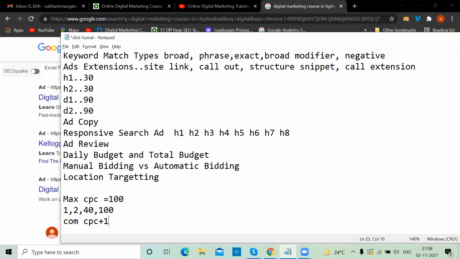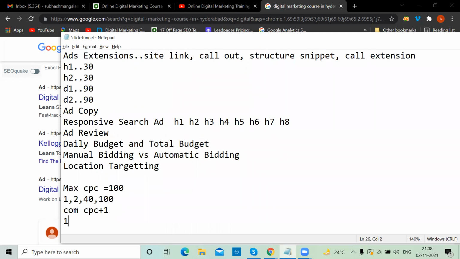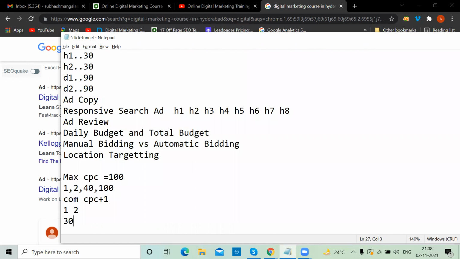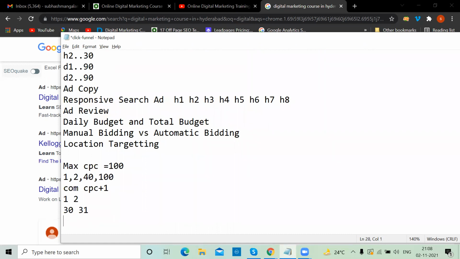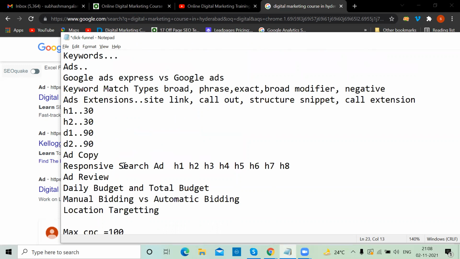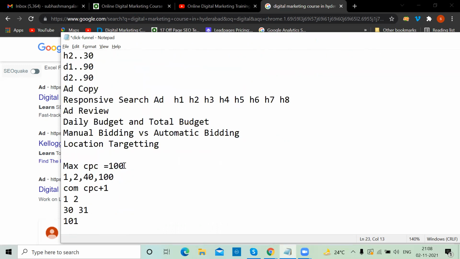The actual formula is different anyway, but as of now, you just remember this. Like competitors said 1 rupee, Google said 2 rupees. Competitors say 30, Google said 31. So you'll be safe. But if competitors say 101, Google will not say 102 because you mentioned the max CPC as 100. So I'm going to use automatic bidding with a max CPC here.